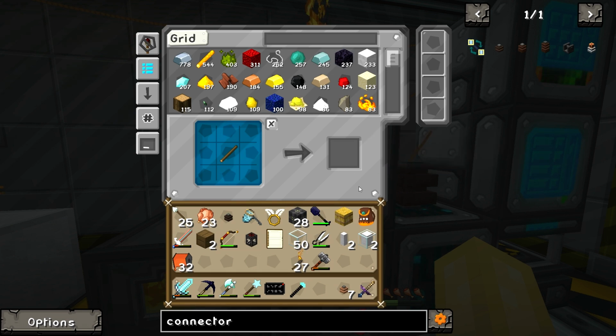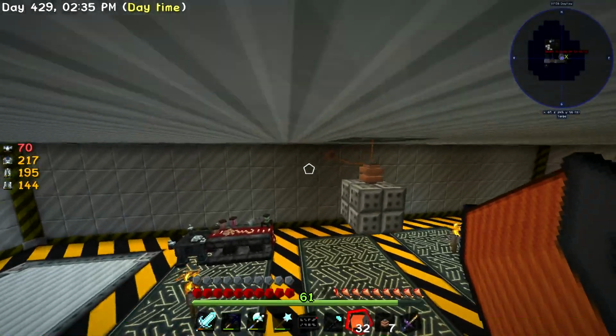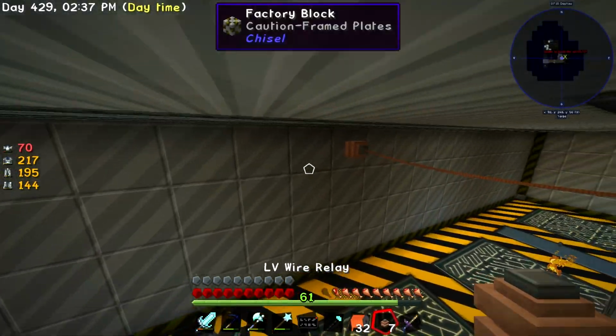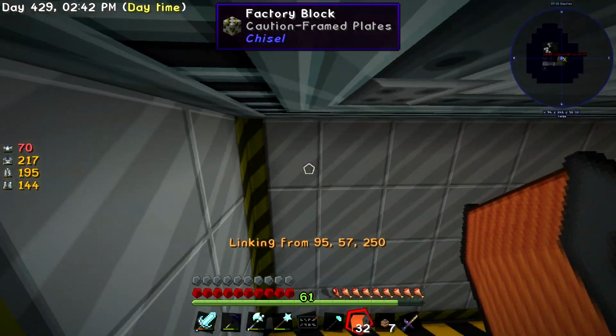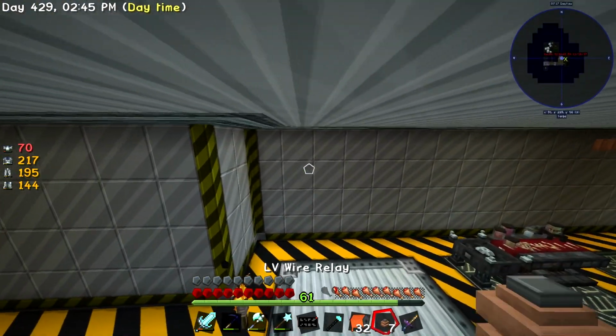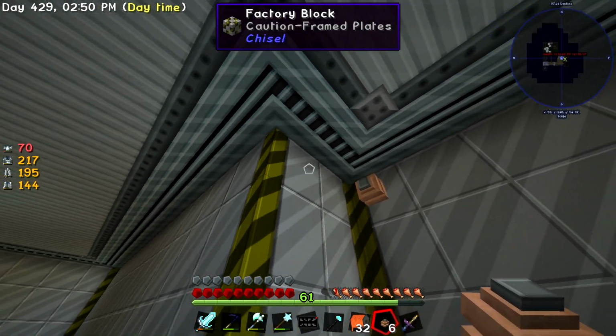So it just doesn't know what to do. There we go. 32. That's more than enough for the future. Okay, so if I click on this, and then I go over... It'll tell me when to stop. I think I'm going to have to stop at this corner anyway. So I'll go to here, and then I'll put one...